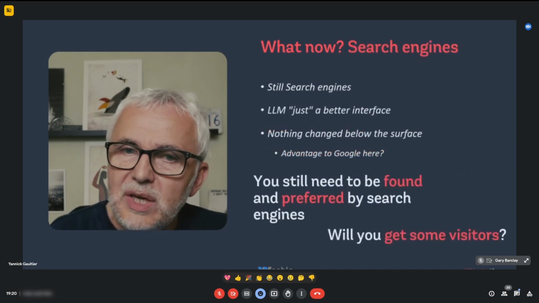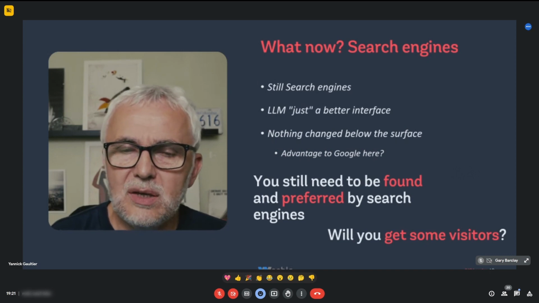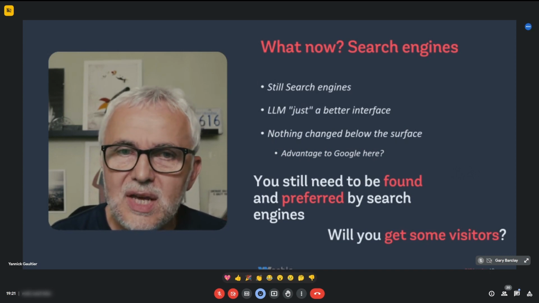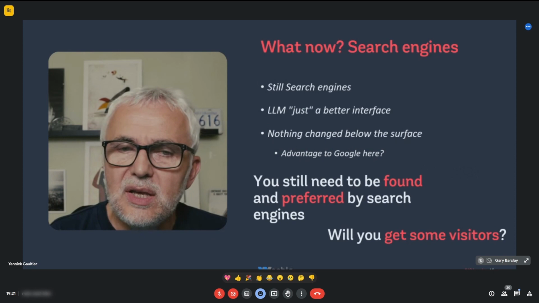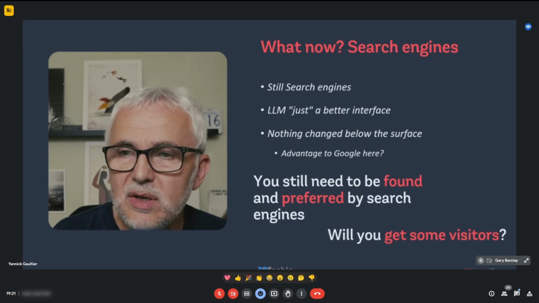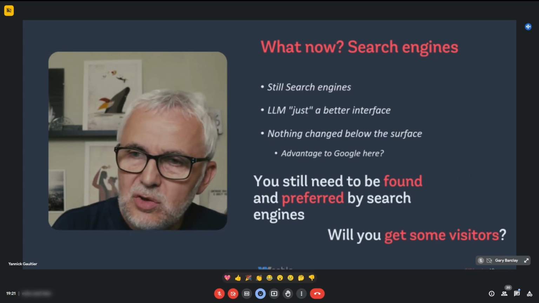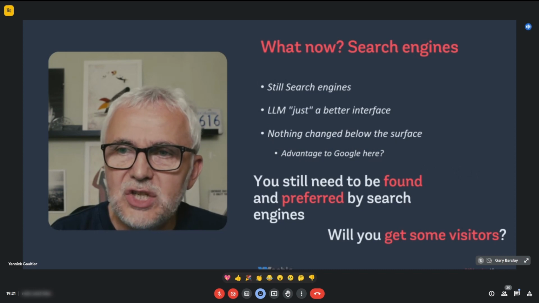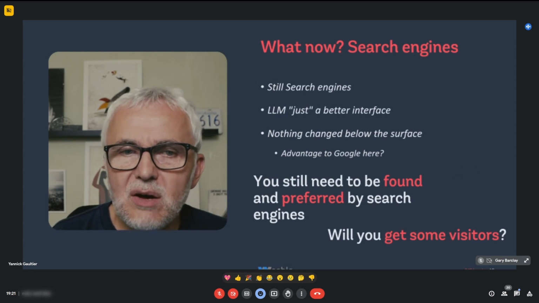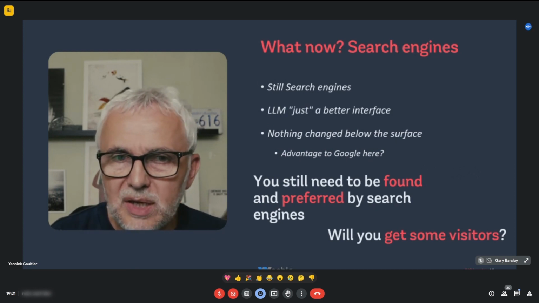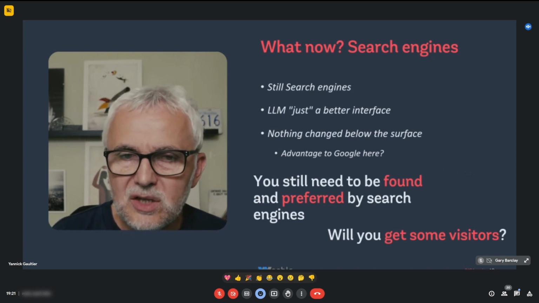So now we're making Joomla websites, and one important thing for us and for all our clients is what happens with search engines. And of course, search engines, especially Google, have been using AI for a long time, several years. Google is really at the start of all of this, but they were not surfacing that to the public. You could not really chat with Google at the time. So the change they are operating right now, and that's mostly Google and Bing, because they are the ones with the resources to use the system, is that they are still search engines.